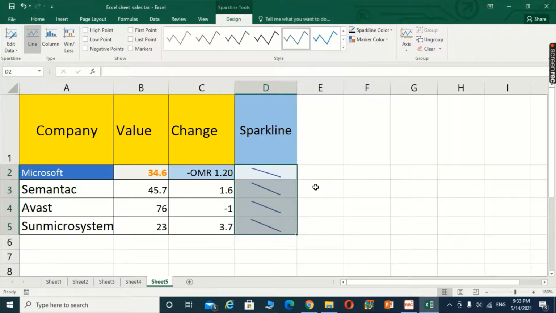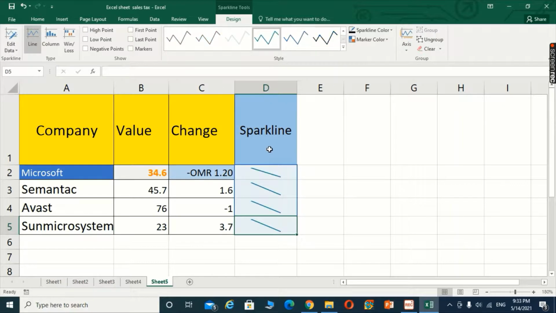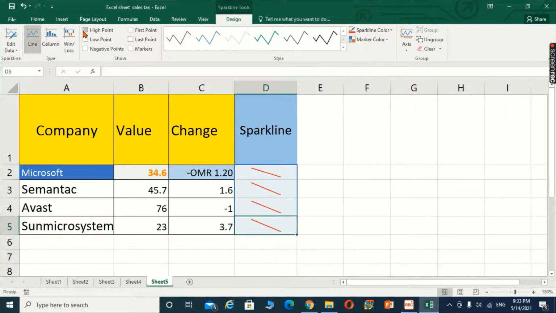So you will notice that the sparkline chart will appear on the screen. As you can see, the sparkline chart is coming and different options and features of the sparkline are appearing on the screen. We can select any particular type of sparkline. For example, we can select a particular color as well as another type of sparkline.